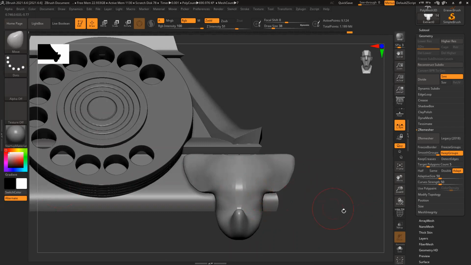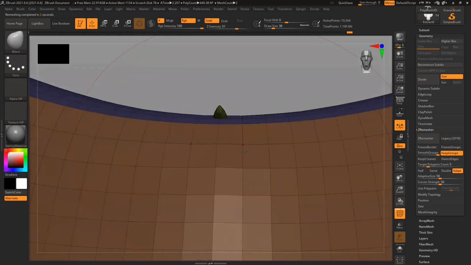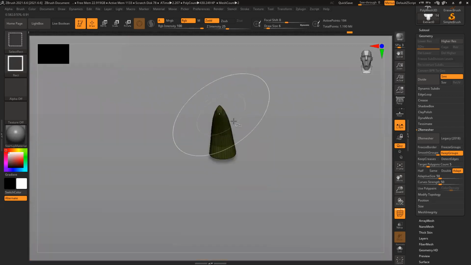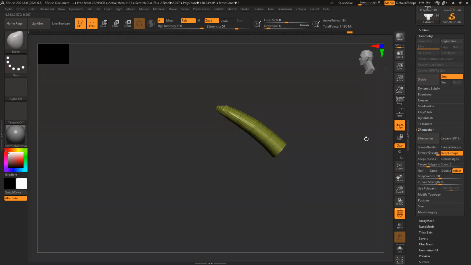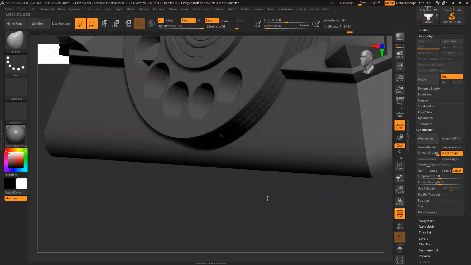So for this, I need to increase the poly count. So I'll do a remesh again. So it will redistribute the polygons. All the shapes will be almost the same, and I can see there's some issue. What is this? Control Shift, click on that. Okay, some strange thing got extruded with this.